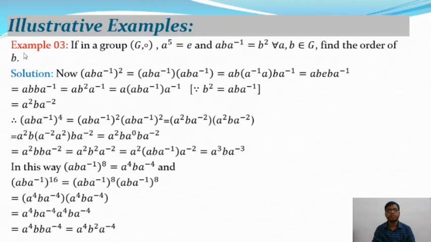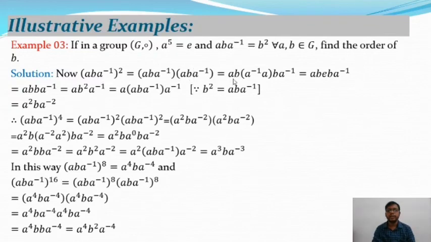Find the order of b. Here is the solution. So now (a inverse) whole square is equal to, you know from group theory, a inverse into a inverse. Now applying the associative property of a group, from the right of the above equation we see that